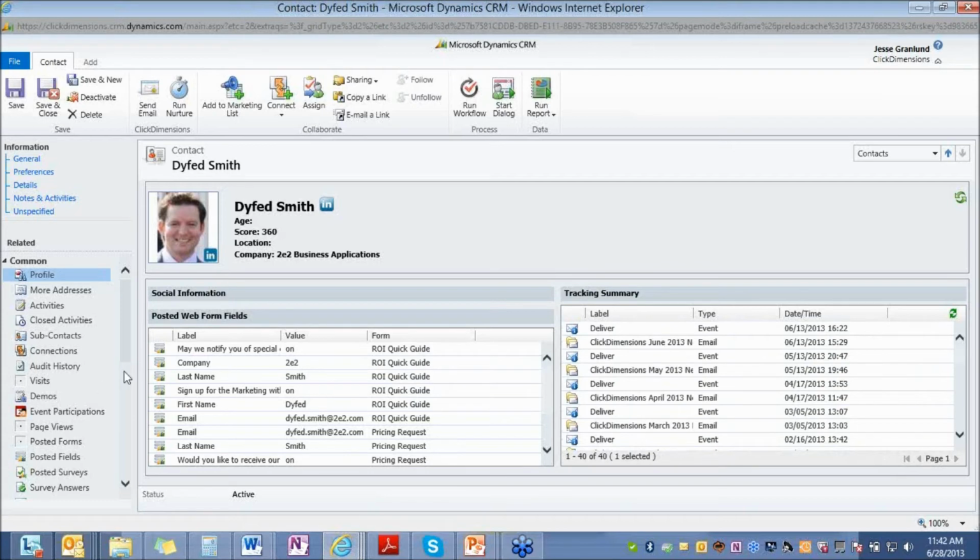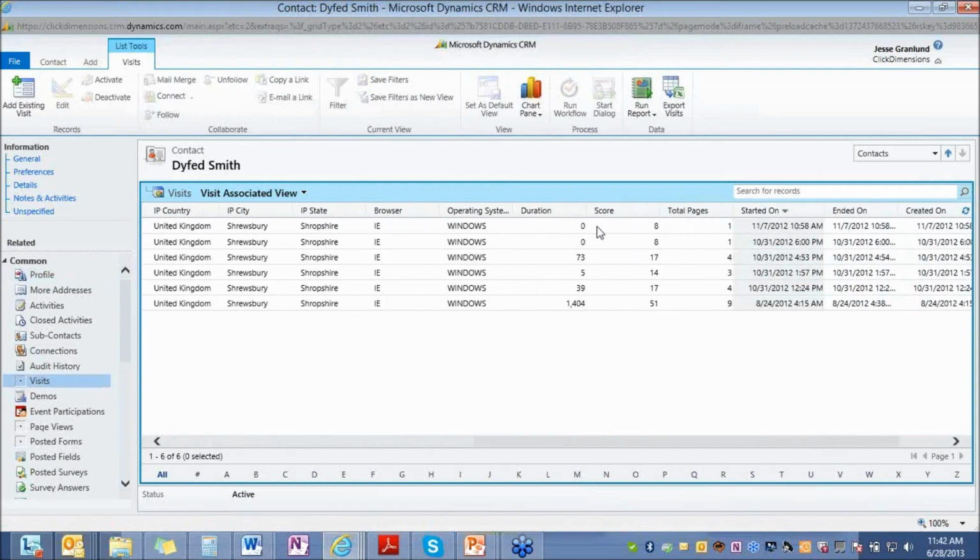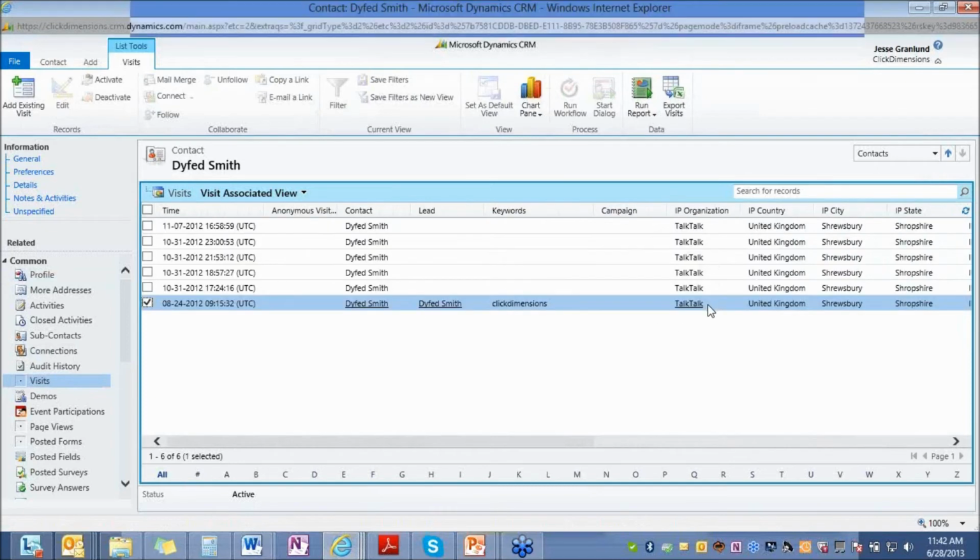Just a nice way of seeing that from a high level, and this is every form he's filled out. But if I want to get more granular and see more about the visits, I can see that he's had 7 different visits with us. If I scroll over, I can see how long he was on our site for each visit, his lead score for each visit, how many pages he looked at on each visit, and if I click into any of these,